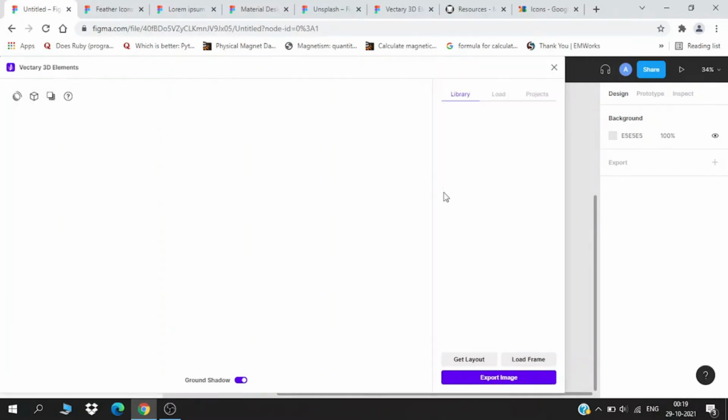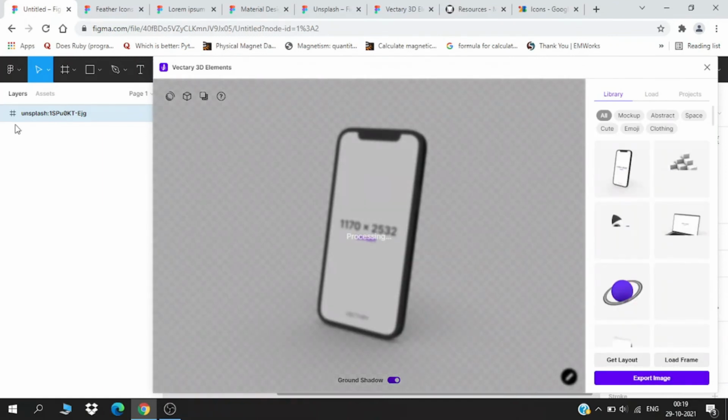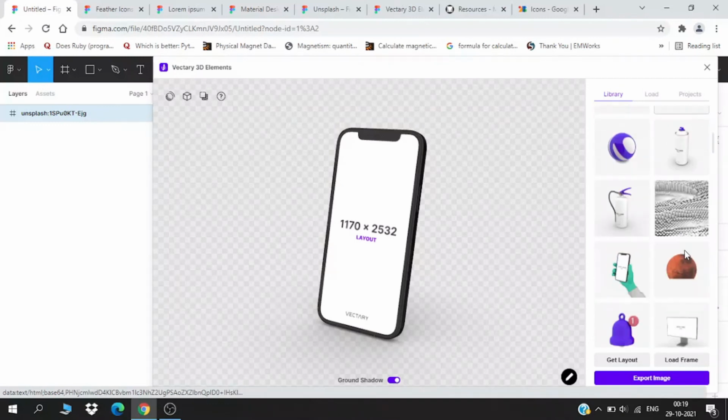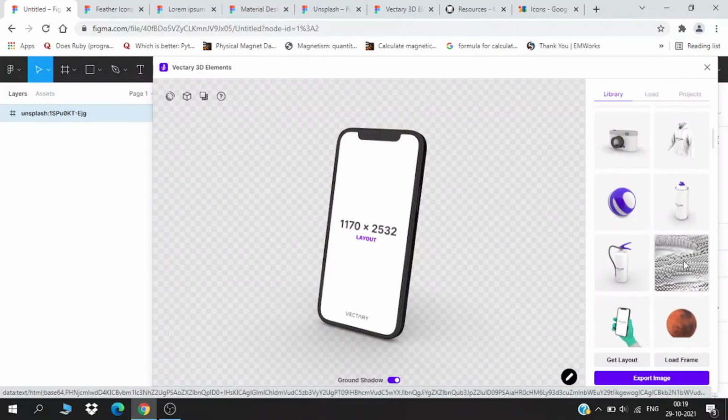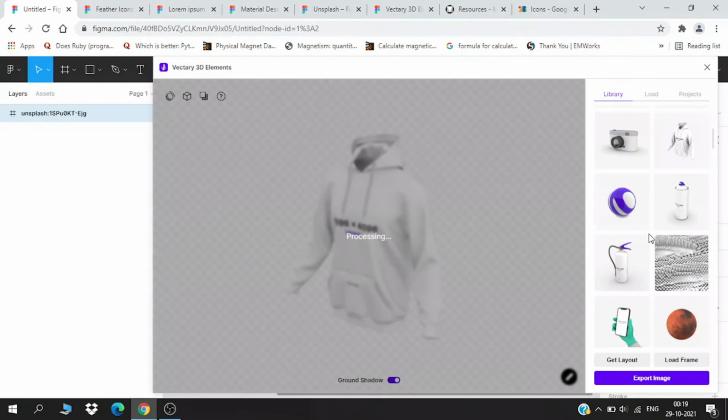You can even, let me select this frame, you can even apply this particular frame not just on the device but on any other 3D icon also. Like if I select this shirt, this hoodie, actually not shirt. So if I select this hoodie, let's see what will happen. And I find this particular plugin really amazing because of the features it provides to us. So let it process first, then I will show. I have kept this frame selected. So let's see what will happen.